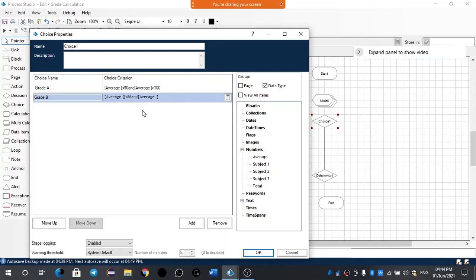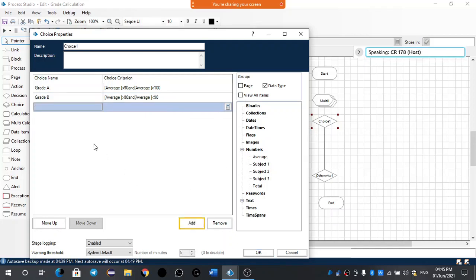Are you dragged or are you copying? Okay, no problem. Then carry on. Okay, no issue. But in the previous one, you won't get space. Here you are getting. That's what I'm asking. So drag it. No issue. Greater than 80, and average less than 90. So like that, you have to create grade C. So this is the way to create choices, ma. This is how you are creating choices.